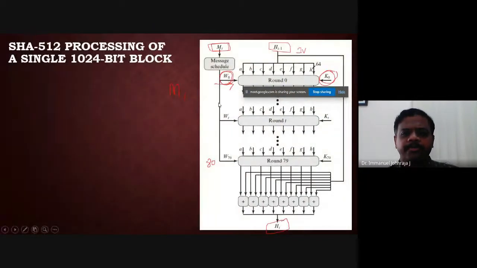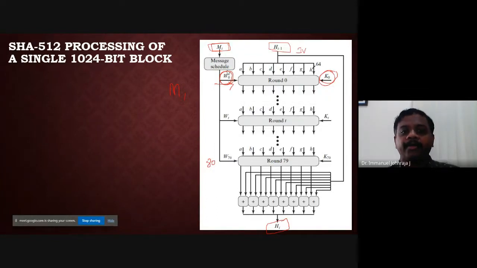There are 80 rounds. So in each of the rounds, the values of the registers are changed. Keep it here. And every round is scheduled with words of size 64 bits. So W0, W1, W2 up to W79 are given. In the last slide, we saw how these words are taken from the original message. And every round is given a constant value called K. I have also said how this constant K is taken. So this is where your initial vector is fed for the first round, and then it's changed so that the value can be given to the second round, and so on.